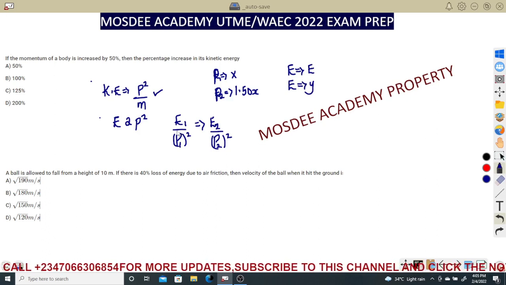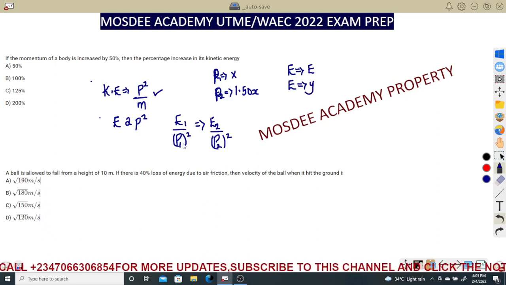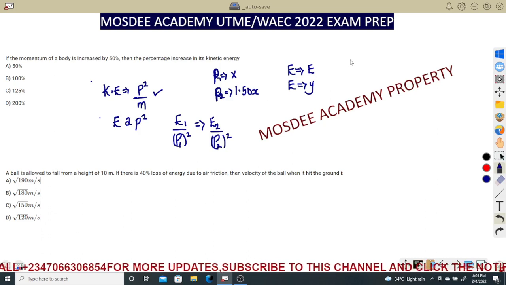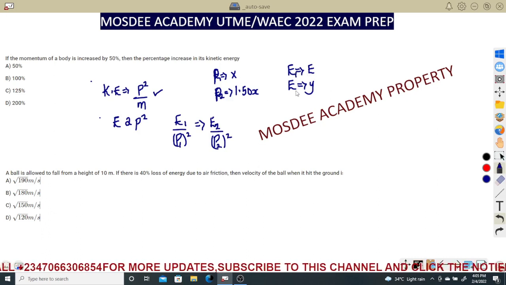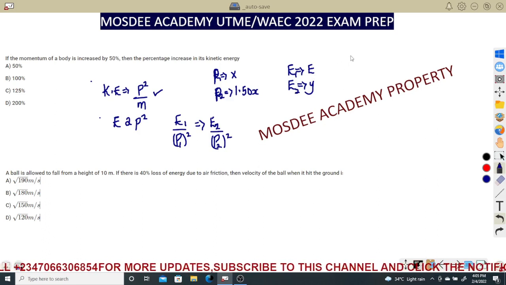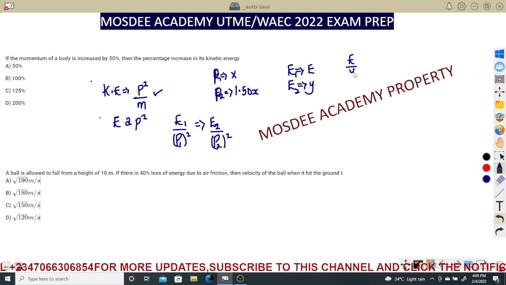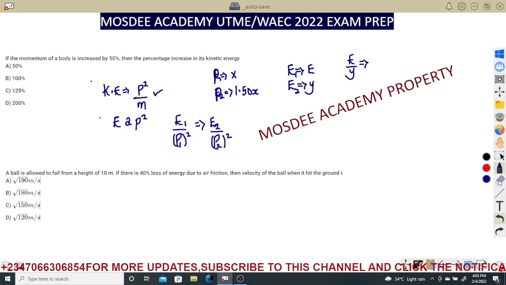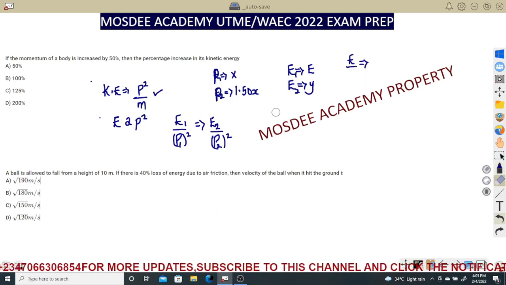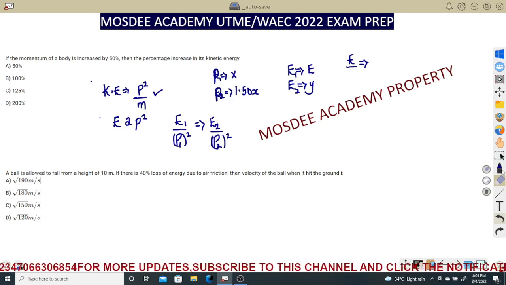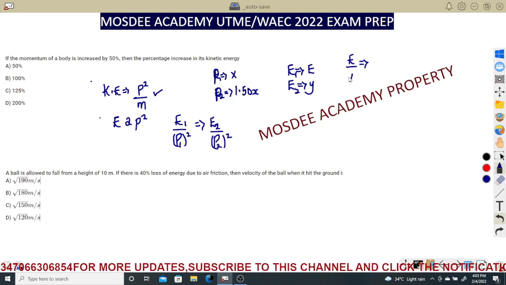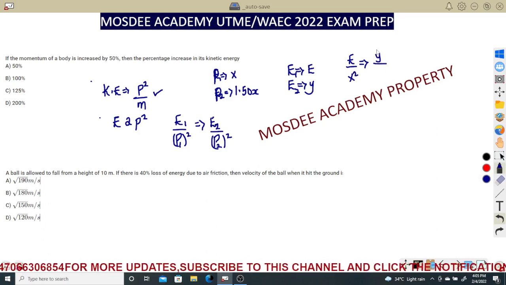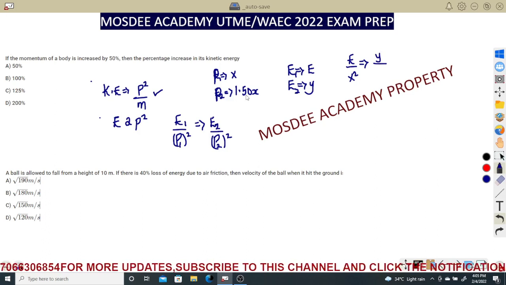From this relationship, you don't need to waste your time. E1 over this one equals E2, just square both sides. If you go by that, X will cancel, but I can show you. My first is E1, this is E2, which is the one I'm looking for. I'm using E1 over momentum squared. This one is going to give me X squared. I just wanted to show the line of my thought process. E2 is Y, which I'm looking for, over the second one, which is